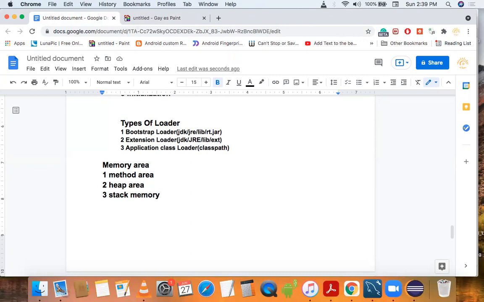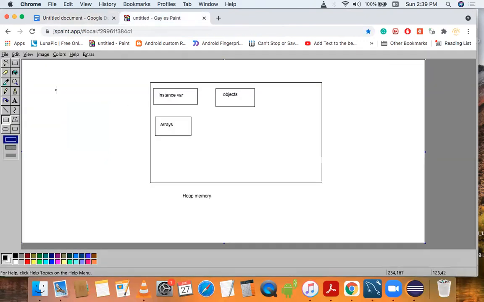So let's understand it by a diagram. So for every thread, our JVM will create a runtime stack. So suppose this is our runtime stack.